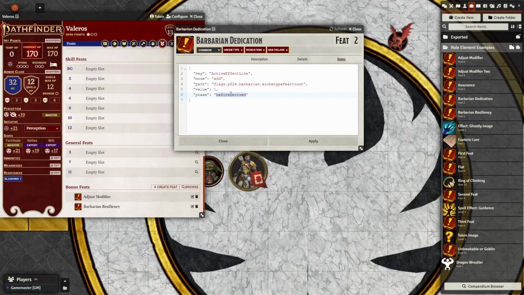Right? And so then there's other phases too. There's after derived and there's before roll, and usually it's best to put things in the phase that they default to, or if that doesn't work, the earliest possible phase that will cause them to function. And a lot of that information is covered in the wiki. So please see the wiki if you're having trouble with the phase, or come and talk to us on Discord,